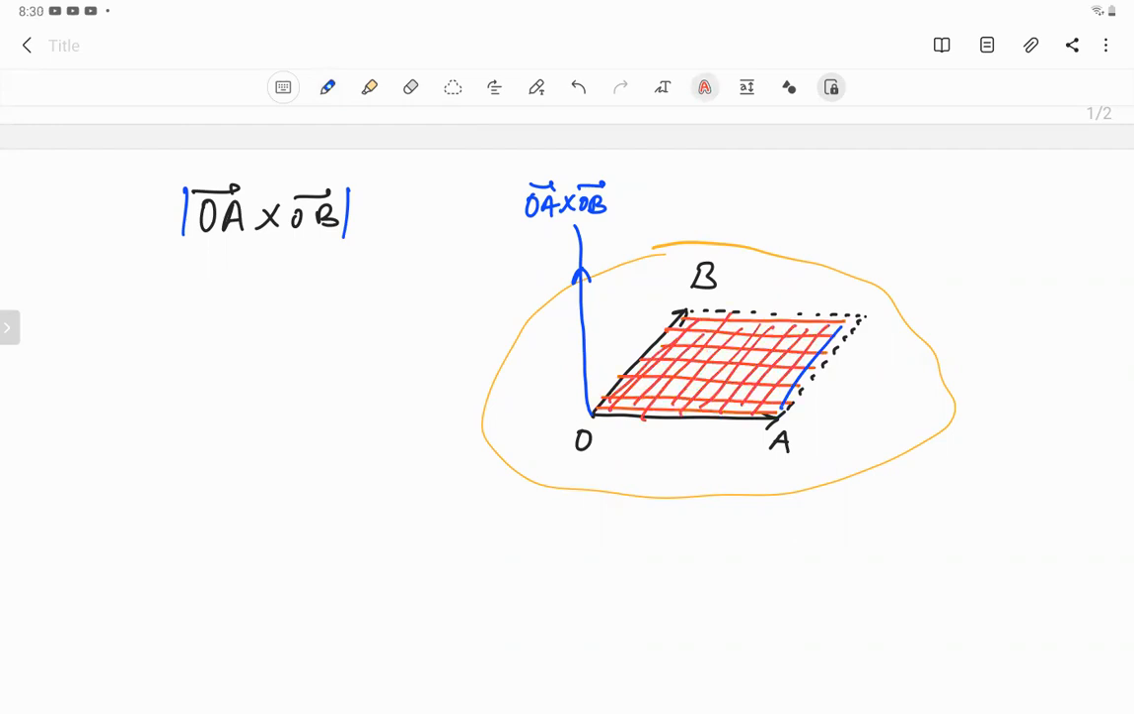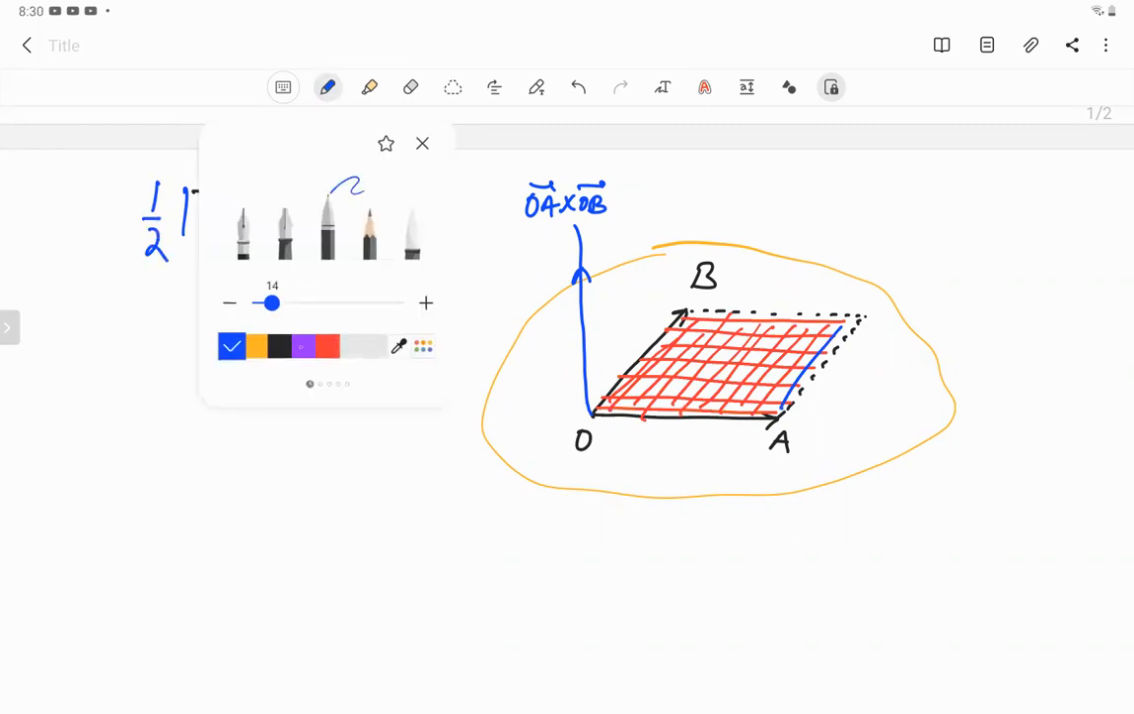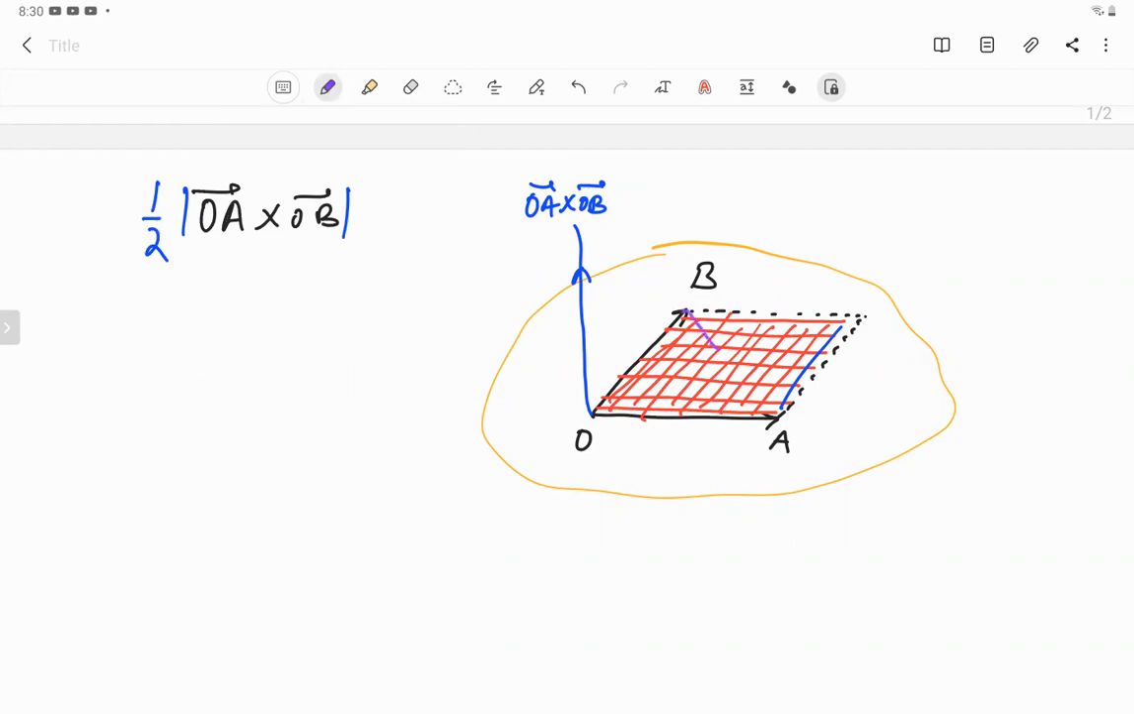And when we multiply it by 1 by 2, it gives us the area of this triangle, okay? So we can say that the length of the vector, or the magnitude of the vector, sometimes represents an area. The length of the vector can represent an area. Now we move on to our